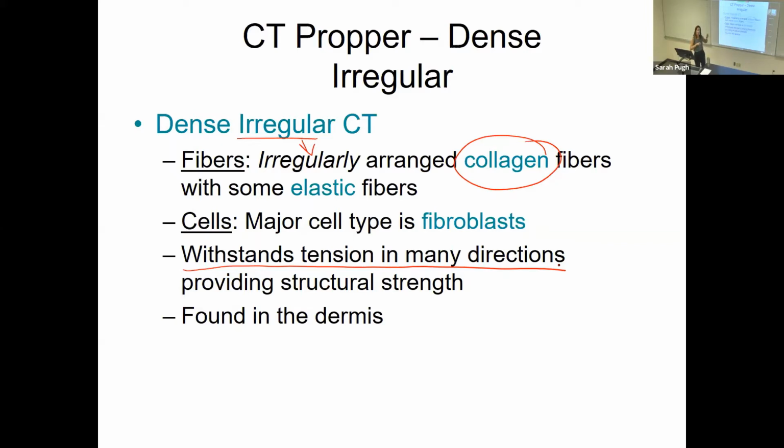So this is a tissue that is really tough, can withstand tension from lots of directions, but it's not foolproof. It can tear. If you put too much tension on this tissue too quickly, it'll tear. And we see this in our body as stretch marks, right? And think about what causes stretch marks. It's going to be things like growth spurts, when you hit a really fast growth spurt, or pregnancy. You know, some women, when they get pregnant, I have a friend who gained 100 pounds when she was pregnant. And 100 pounds in 9 months is a lot of weight to gain. So you're going to get those stretch marks,